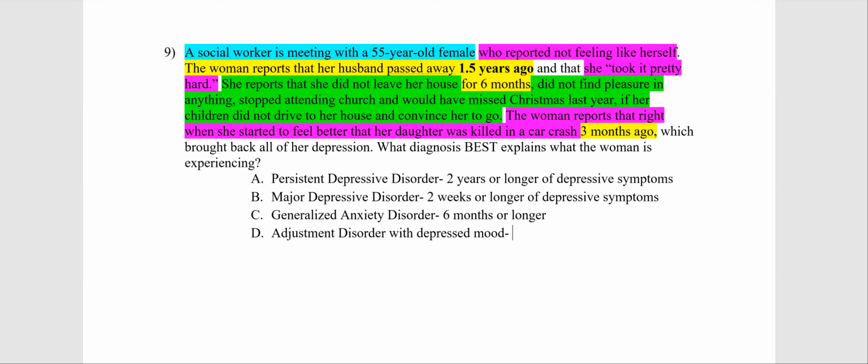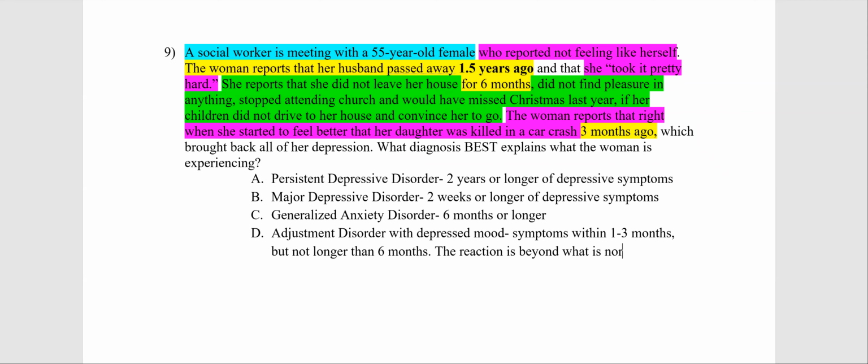And then adjustment disorder with depressed mood is going to be symptoms within 1 to 3 months, but not longer than 6 months. And the huge caveat here is the reaction is beyond what is normally expected